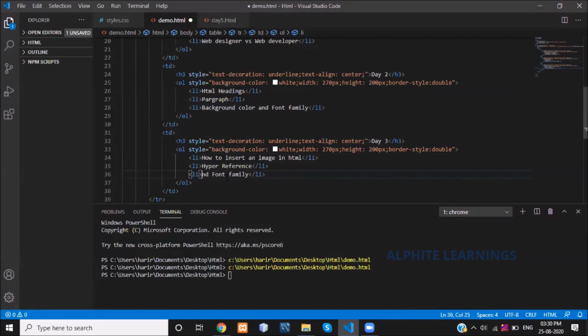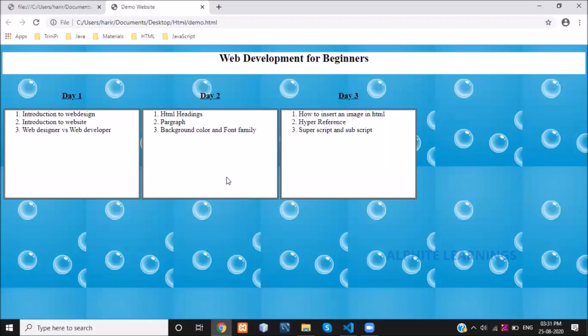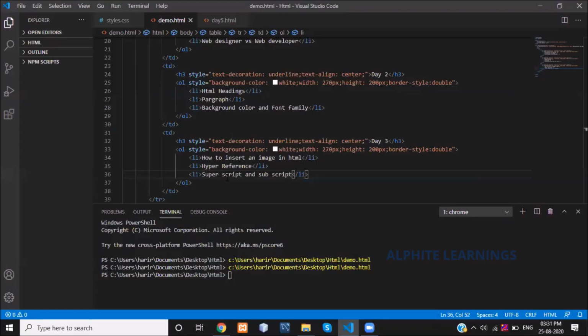Then the third, superscript and subscript, right? These are all the things we have discussed in the day 3 session. See, I got my day 3. Next, I'm replicating for day 4. So what are the things we have discussed in day 4?